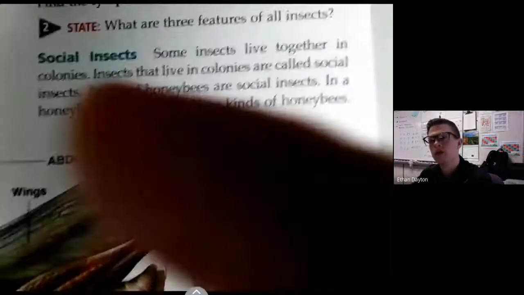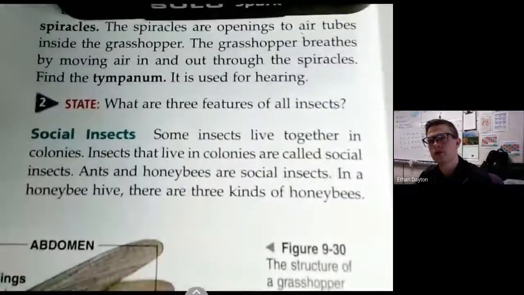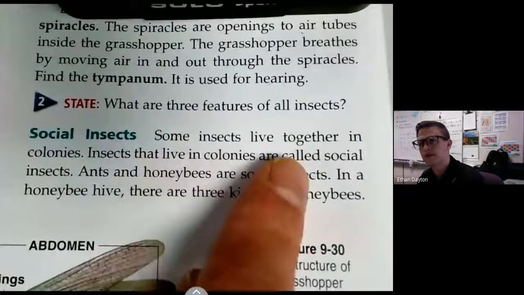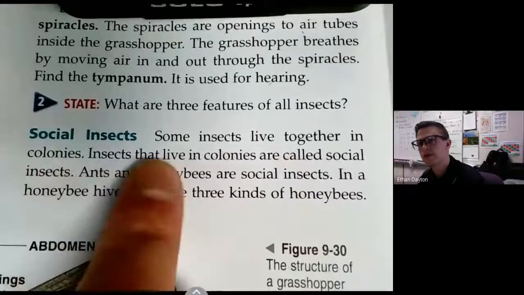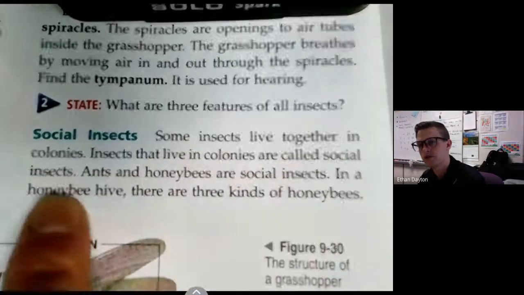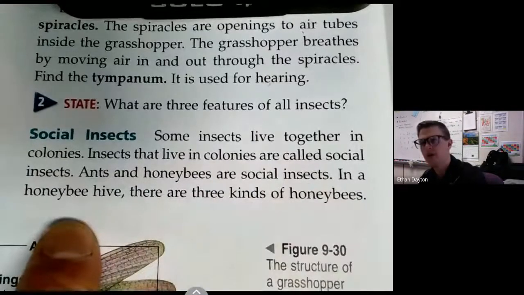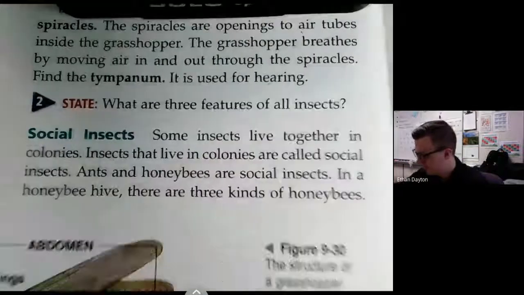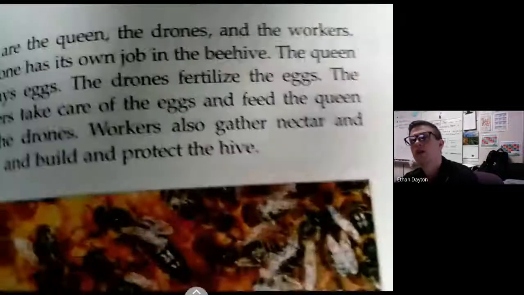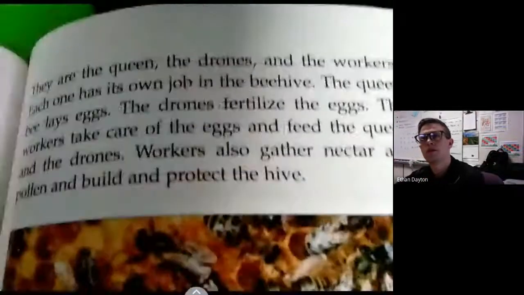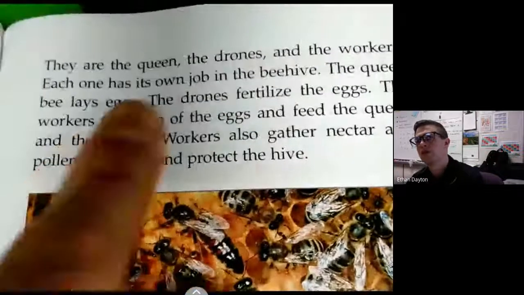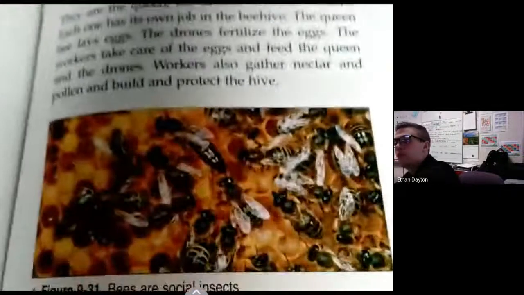Okay, moving on to social insects. Some insects live together in colonies. Insects that live in colonies are called social insects. Ants and honeybees are social insects. In a honeybee hive, there are 3 kinds of honeybees. They are the queen, the drones, let me zoom out a little more,